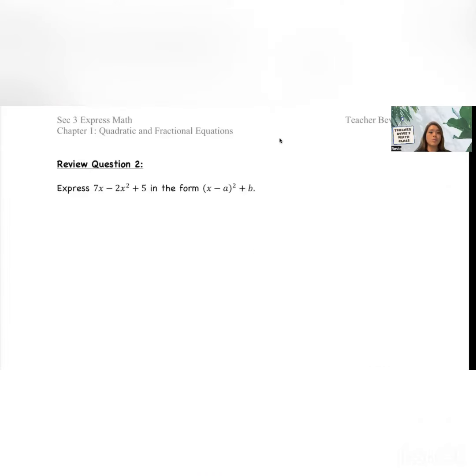For review question 2, express 7x minus 2x squared plus 5 in the form x minus a bracket square plus b. So again, when they want us to express it in this form, meaning the question wants us to complete the square for the quadratic equation. So for a quadratic equation, in this case, we must first arrange it in x squared, x and numbers,